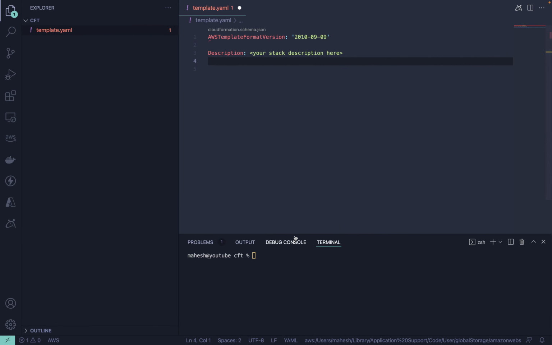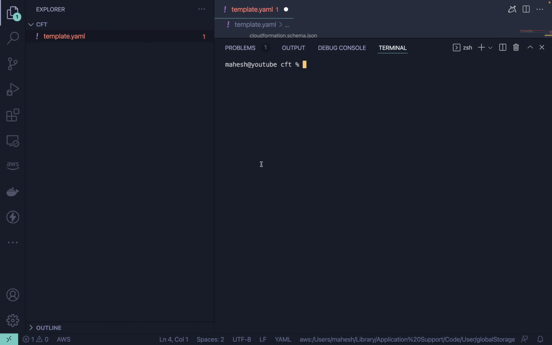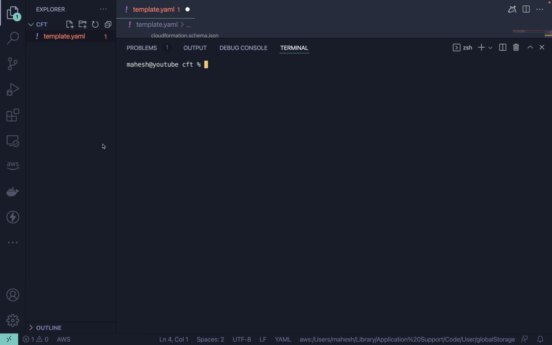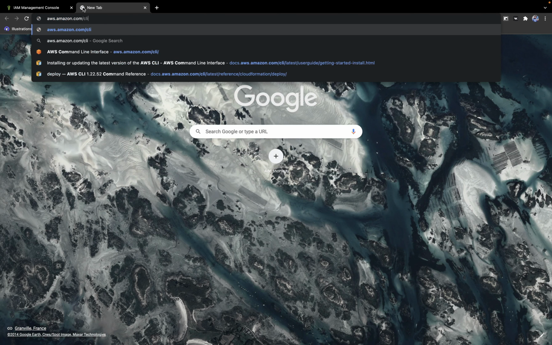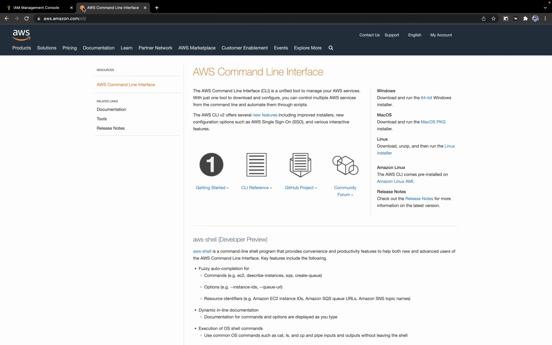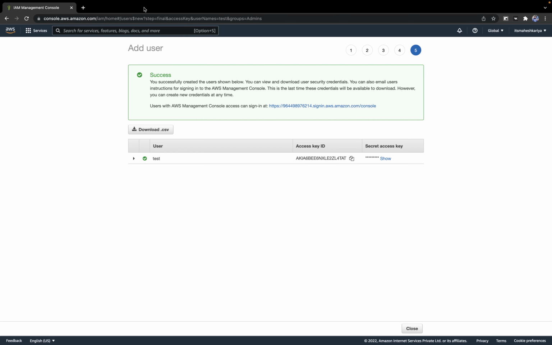Now what do we have to do? Okay. So now you need to do aws --version. If you don't have AWS CLI already inside your system, what you can do is simply search for aws.amazon.com/CLI. Hit enter. And here we go. You can see this is available for Windows, Mac OS and Linux. You can download this according to your system. After that, you can choose